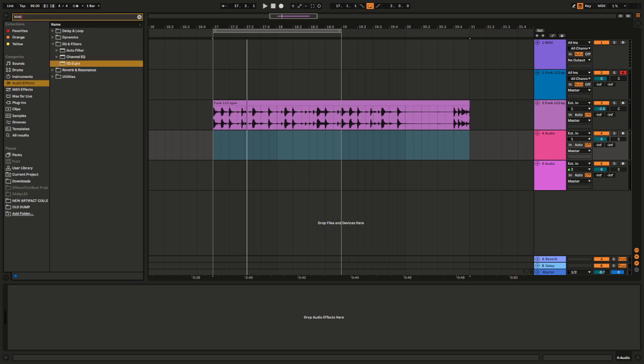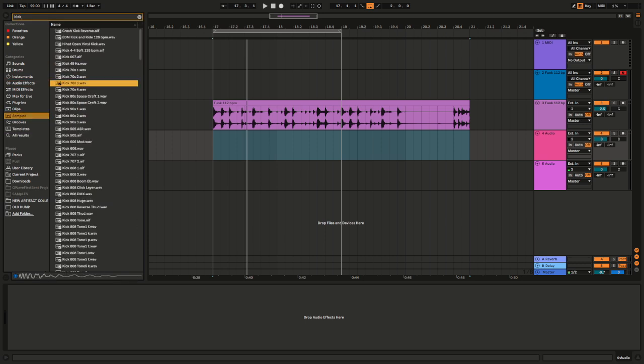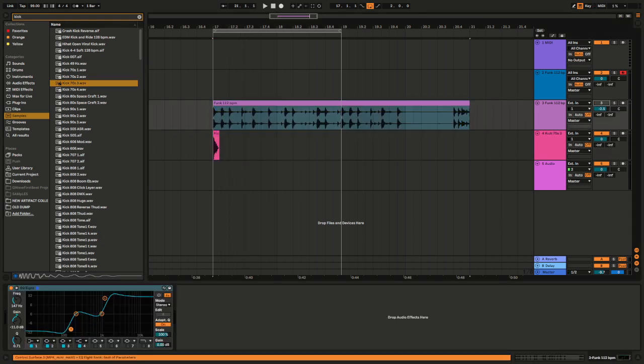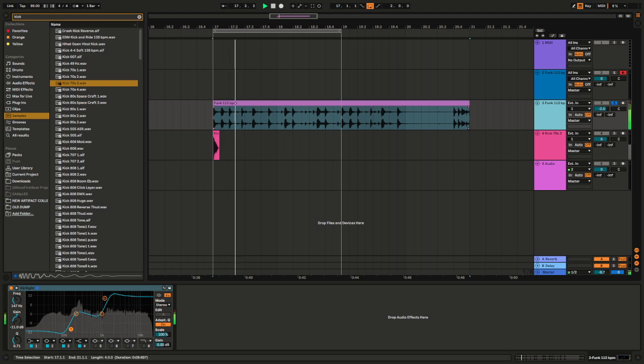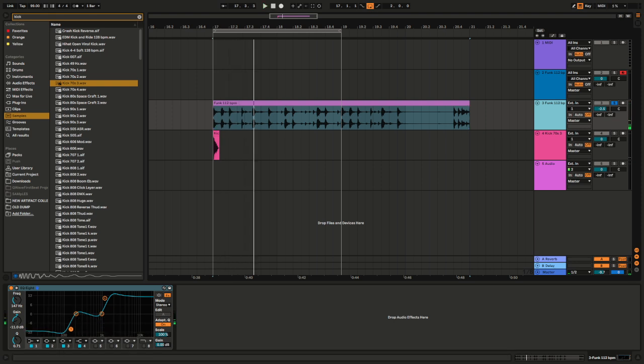Let's say I wanted a different kick. Let's just look at some of the Ableton kicks here. If I filter out the kick in this original one, you can still hear the kick, but what I can do is actually grab